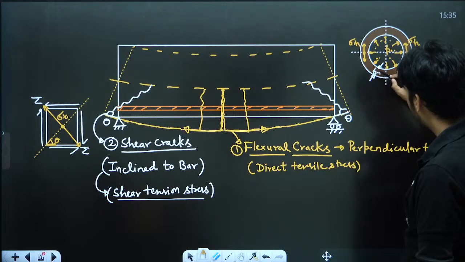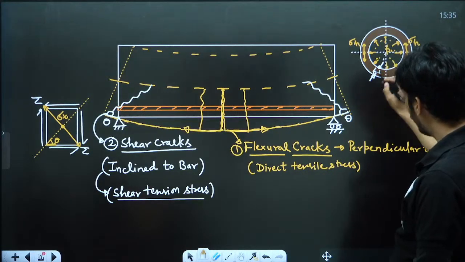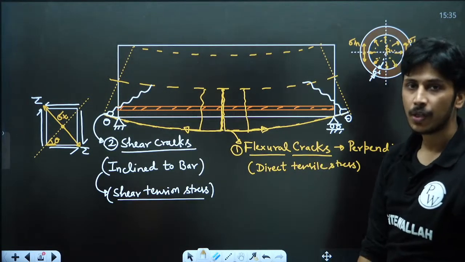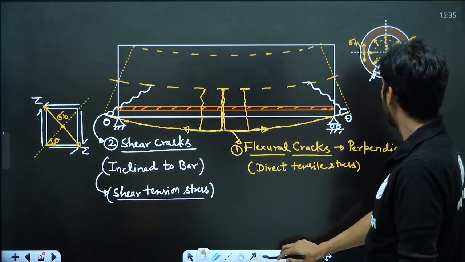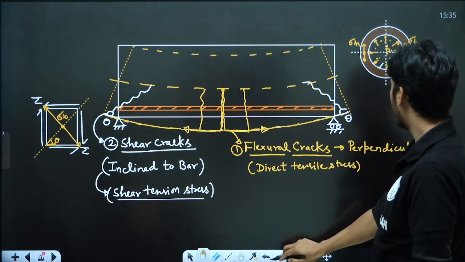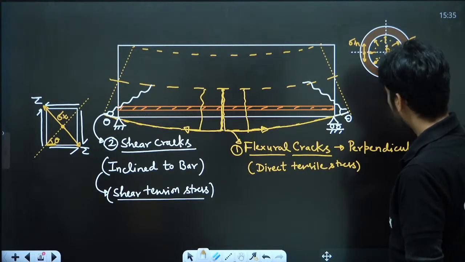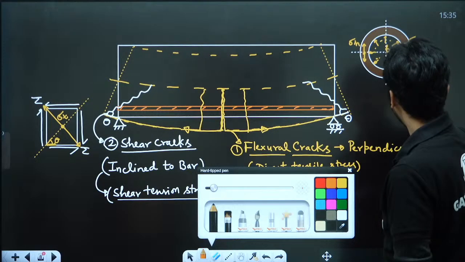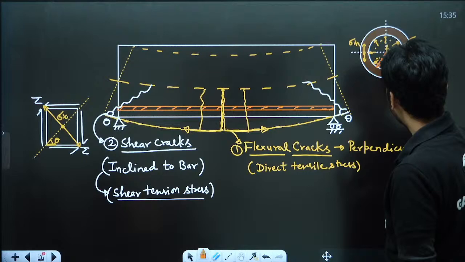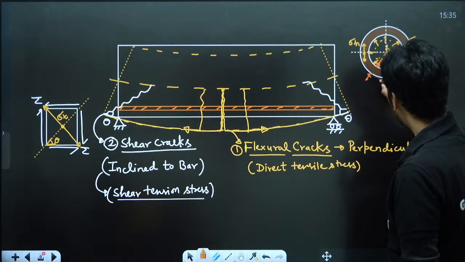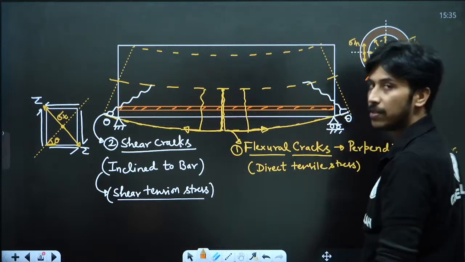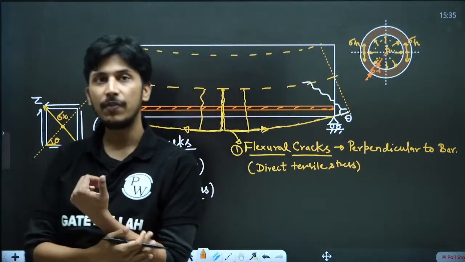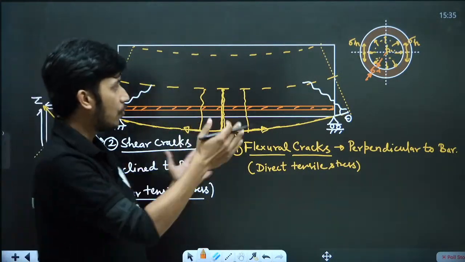This is your radial stress, sigma r. Radial stress is compressive. Radial stress moves radially from the center. It is moving radially like this. Let me change the color. So radial stress is actually compressive. They are entirely different. It is moving radially, while the hoop stress is breaking the circumference. So hoop stress is circumferential, which is tensile stress, and radial stress is your compressive stress.